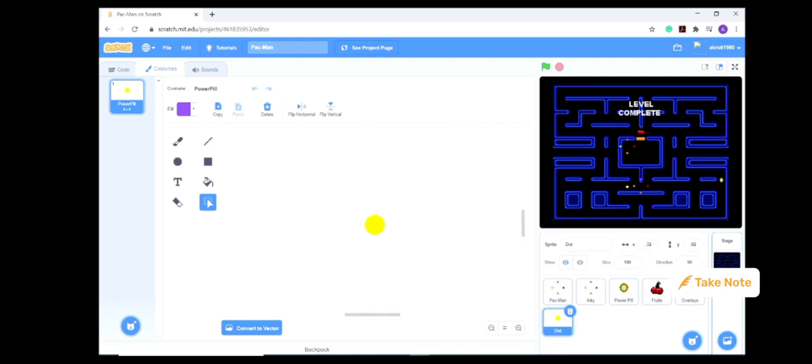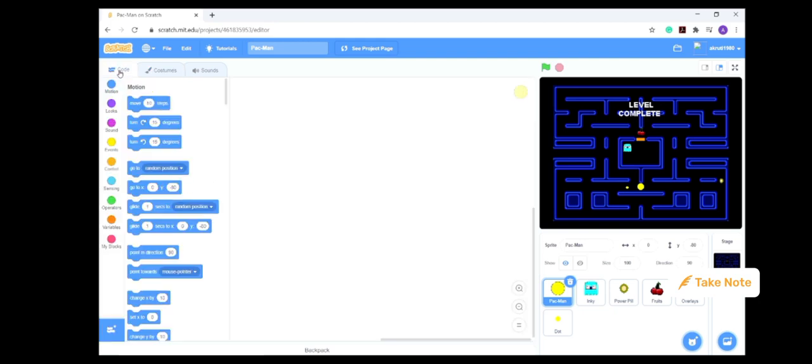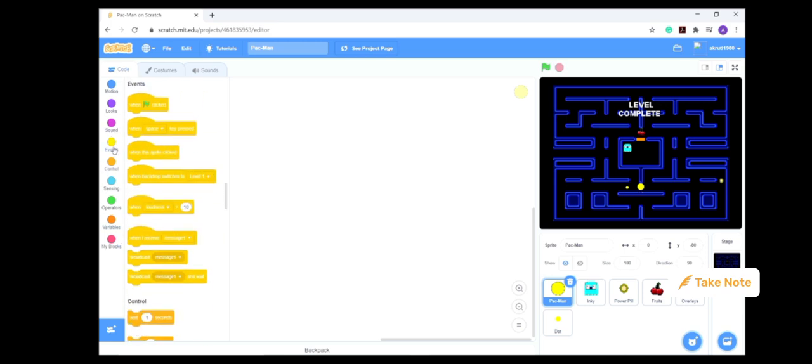Now let's start the actual program. Now we'll start our coding. Let's click on the Code tab and then click on Pacman, because we'll start our coding with Pacman. As you see, the Pacman position is in the center, right? So let's go to Events. When flag clicked,